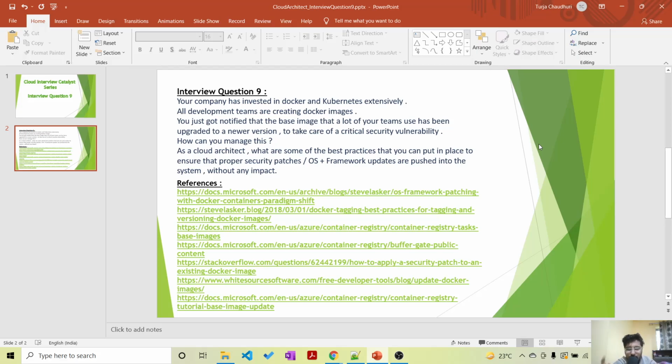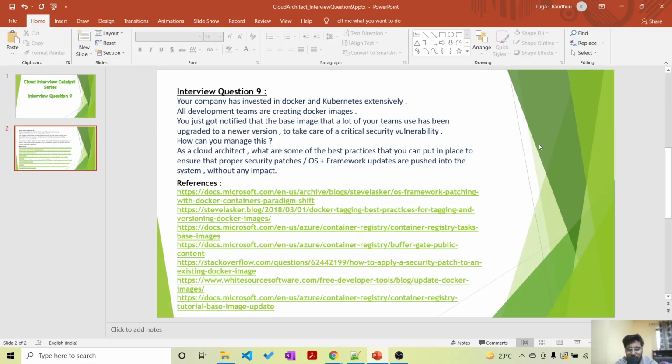Now say this Alpine image was version 15. Now, because of a serious vulnerability, say for example, just as an example, a Log4j vulnerability, they have upgraded it to 15.2. So what do you do? All your images are still created using 15, right? Yeah, they are still created using 15. So basically this is the question: how do I push all my OS and framework updates into the system?